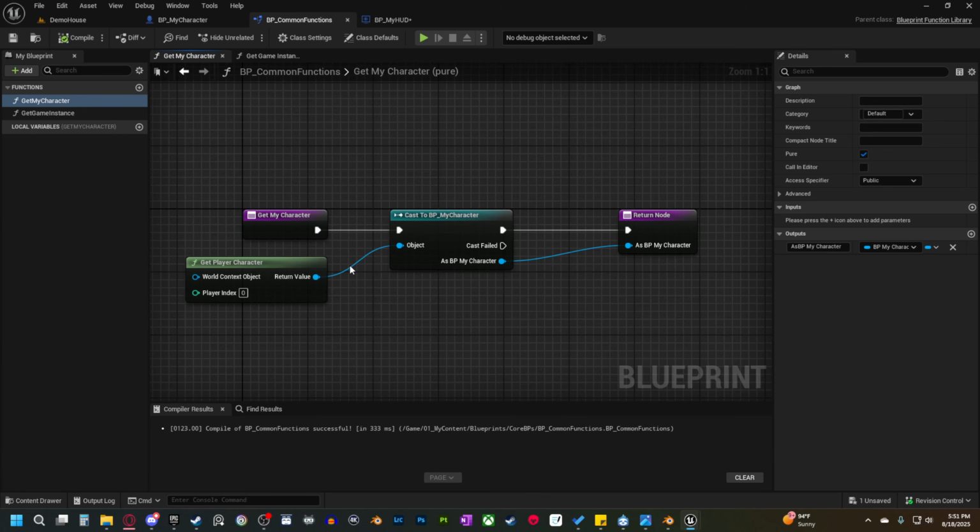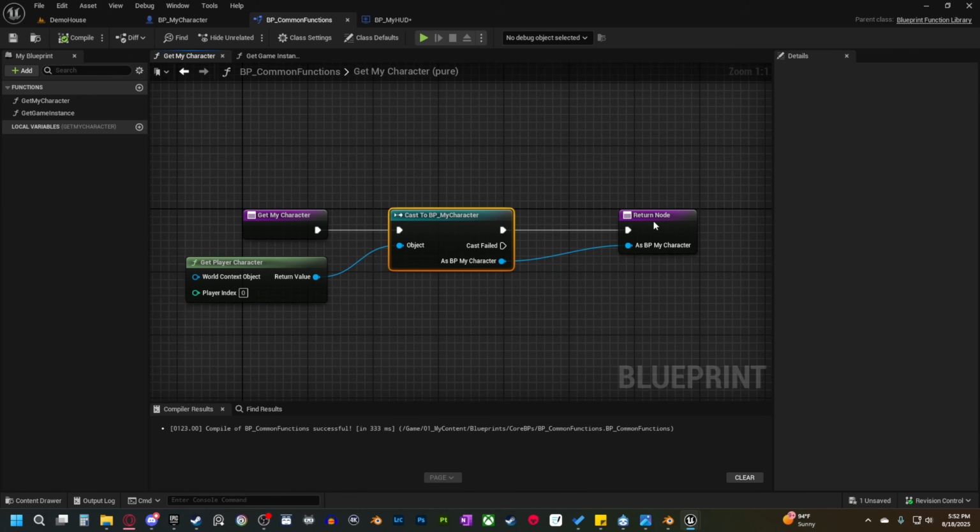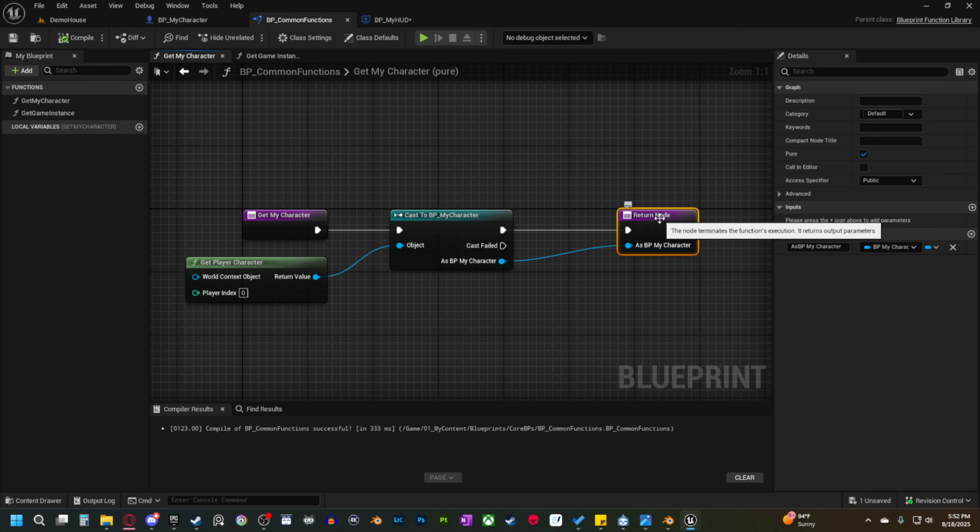There's a lot of times that we need to get access to our character. So we get our player character, we cast to our player character, and then we set a reference to our player character, right? And that's perfectly fine. But what I like about doing it this way is I've set up a function that is the same thing there. So we're getting our player character, casting to that, and then just adding the return node with the reference